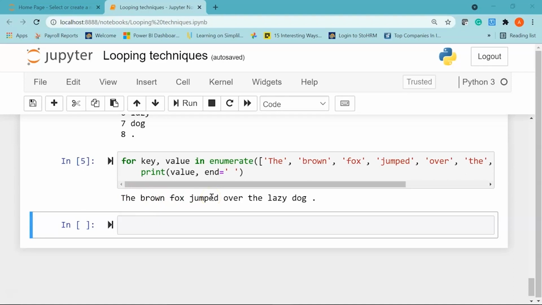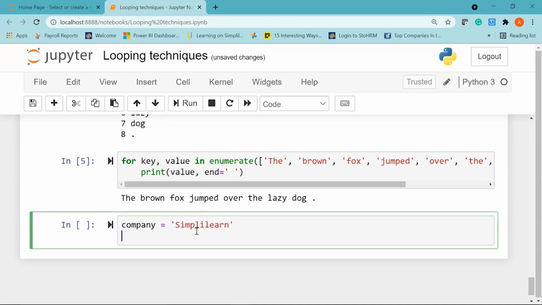Okay. So similarly you can iterate through the letters in a word or a string and print the letters along with the indices. I'll declare a variable called company, and this will have a value, let's say simply learn. I'll say for i comma j in, I'll use the enumerate function.